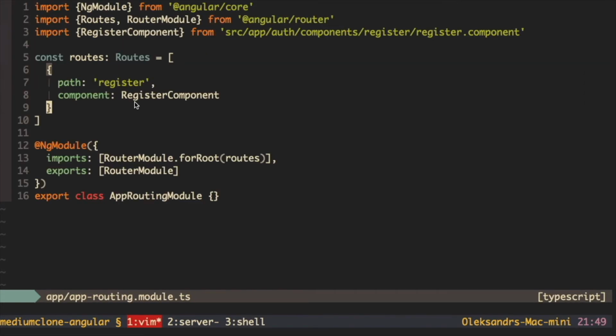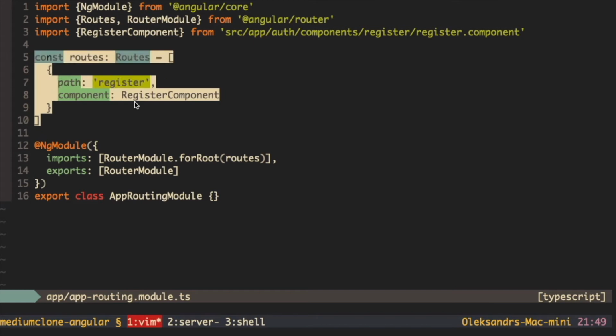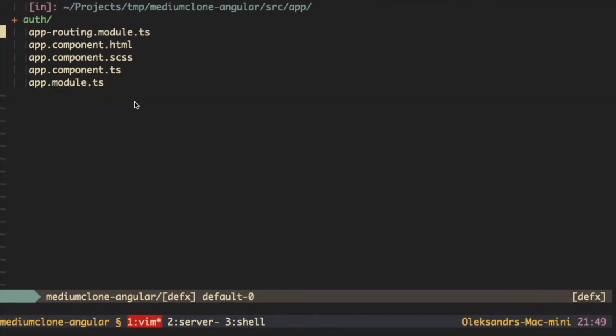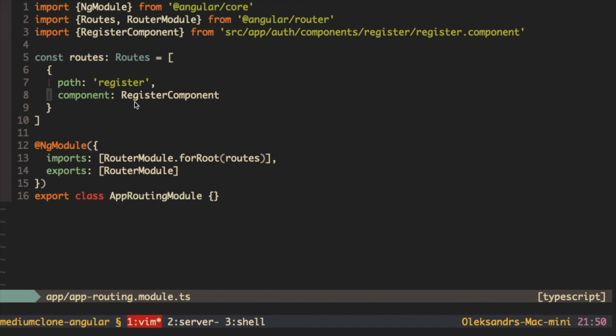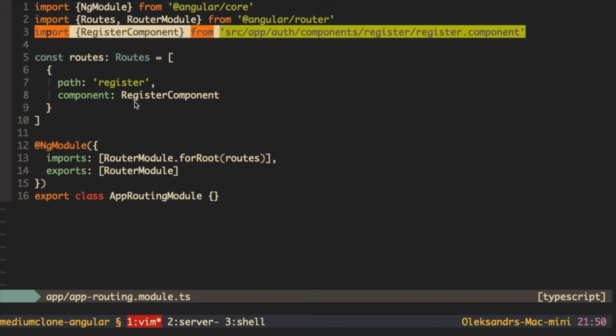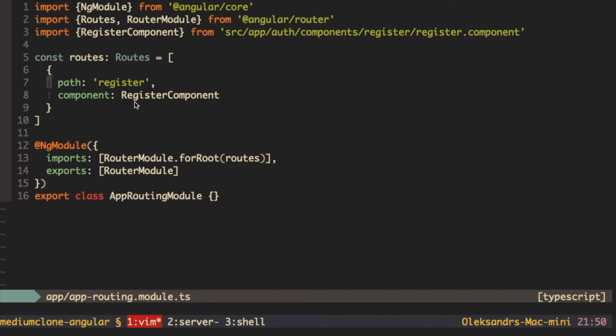Here, inside app routing, we say that we have a route register component. Now, just imagine that we develop an application, and then at some point our product owner says to us, we don't need this module anymore, and we need to remove Auth module completely. And we just remove this folder, and it's not there anymore, but we never updated this file, which means we just get some errors that the component is not there, because this path obviously doesn't exist anymore